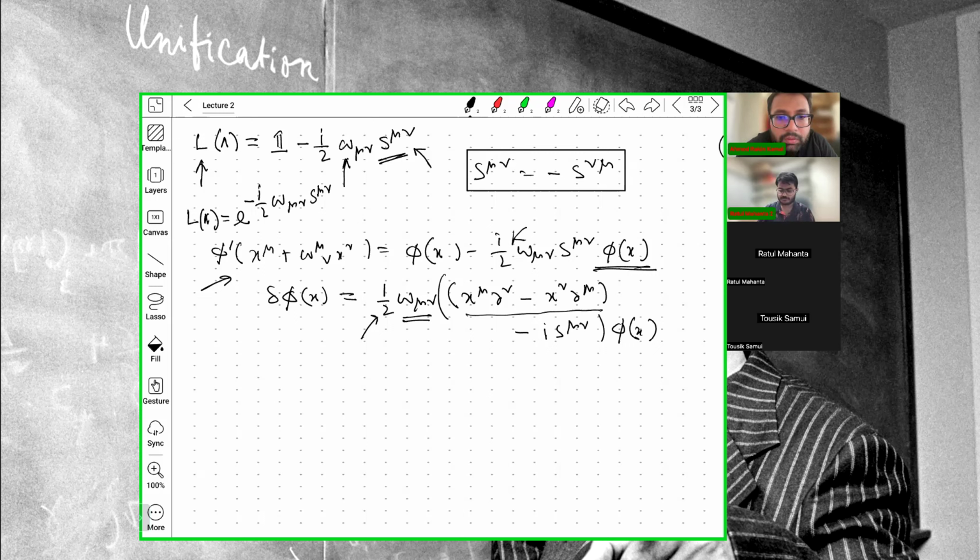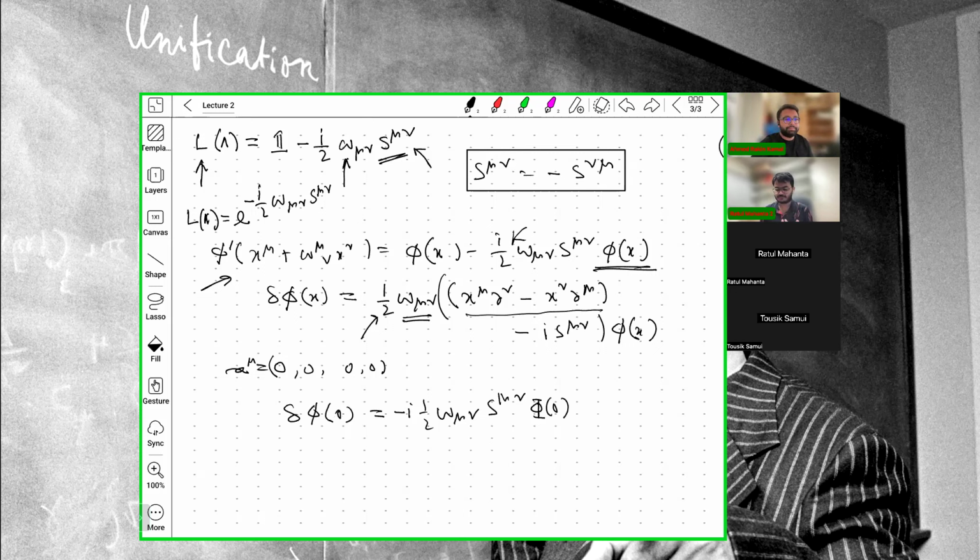But one thing you can see is that the point invariant under Lorentz transformation is the origin, because any matrix acting on the origin leaves it invariant. Therefore, at the origin, what is the delta phi? This is nothing but... yes. So you can see here that at the origin,